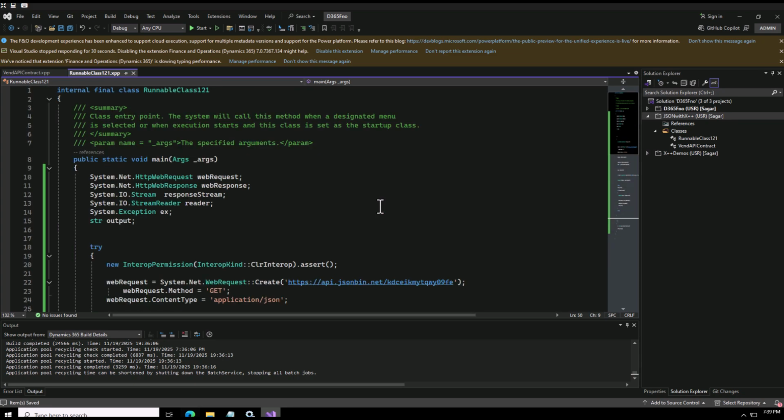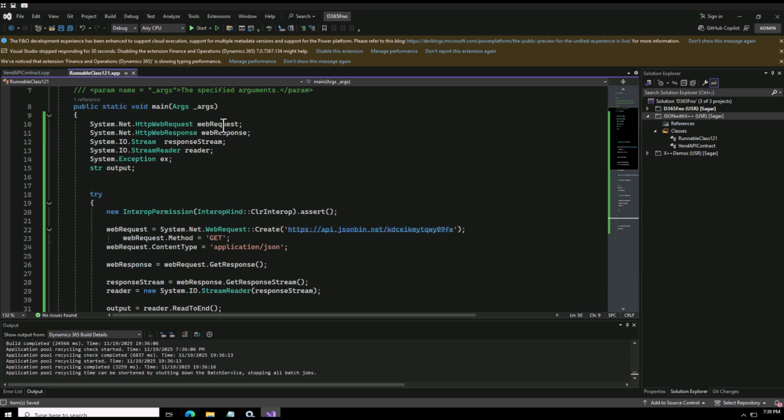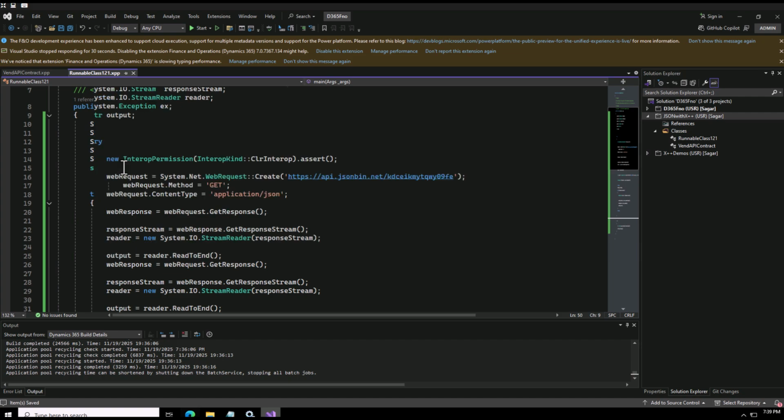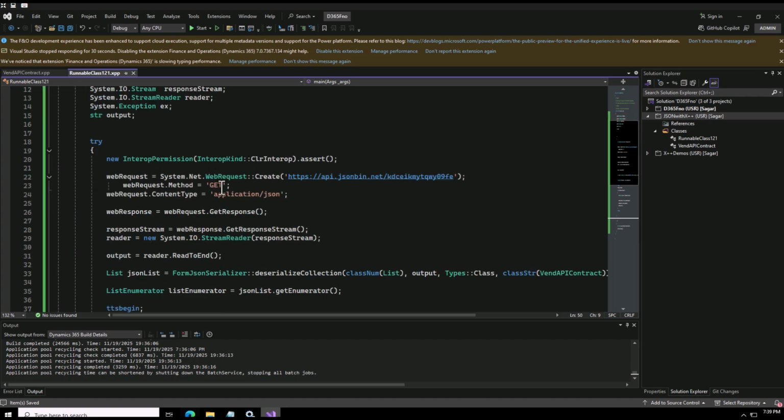So the prerequisite here was we need to have an API, and this is a publicly free API. So I don't need to do any kind of authentication and extra piece of code. Here I have defined all these objects like to get my request, response, to read, and this one is for exception, and this one is to store my JSON. Then here I simply call this API using this web request.create function. Here I simply specified my